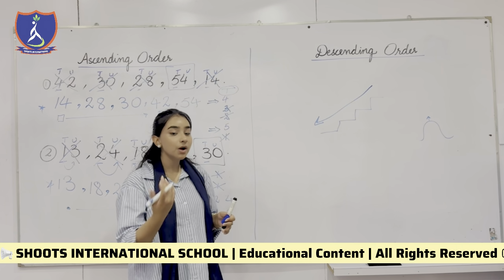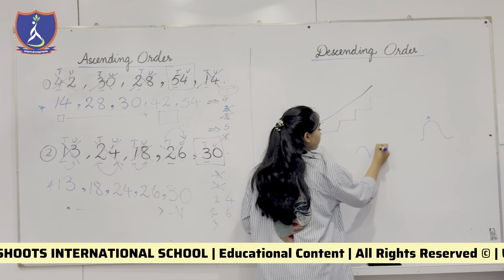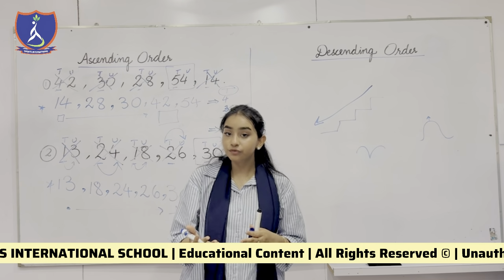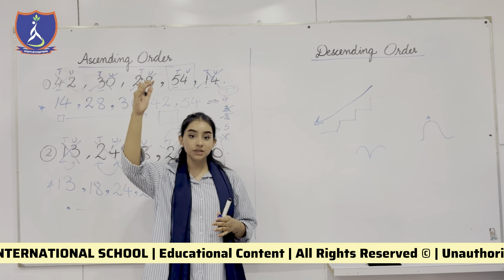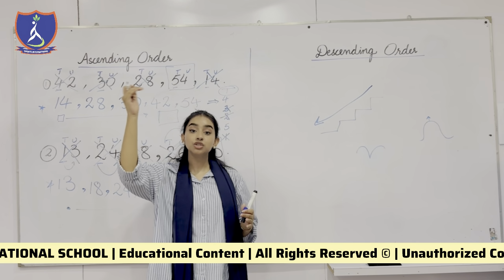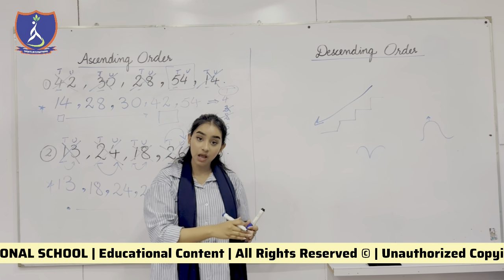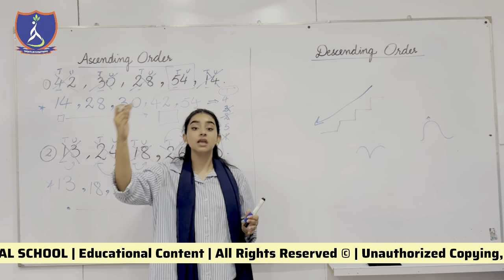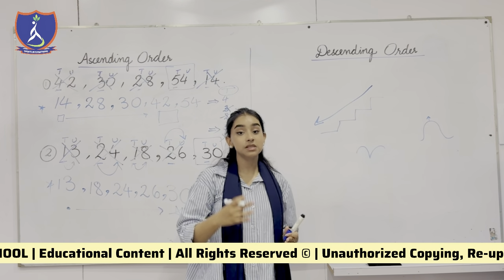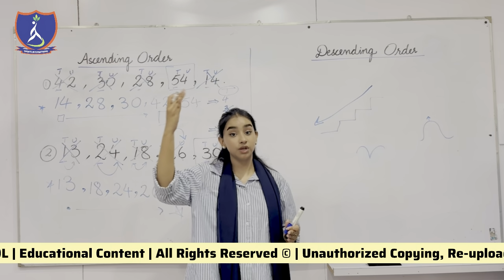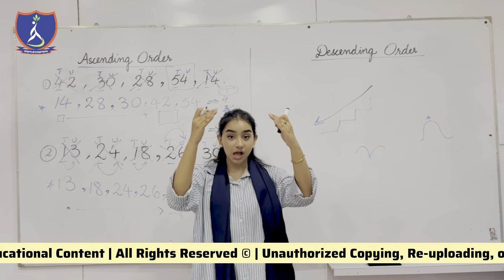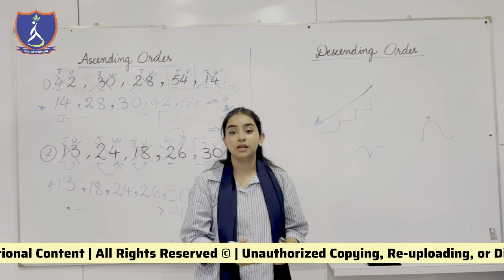Now let's think about another example. You've seen a bird. When you put some sort of grains or some sort of food for the birds, they are coming from the sky, flying from a very far space to the ground. They are coming from the sky to the ground to have their lunch. That means they are coming from the higher point to the lower point. Correct? Means from the higher value to the lower value.